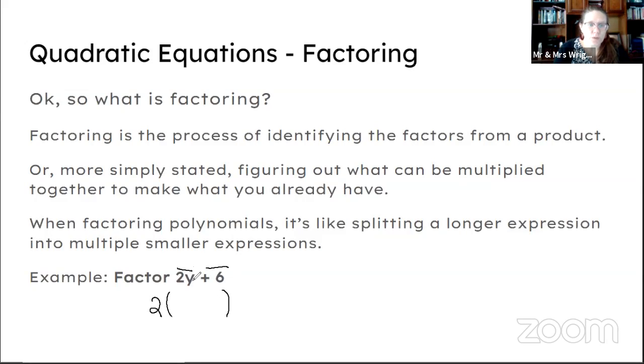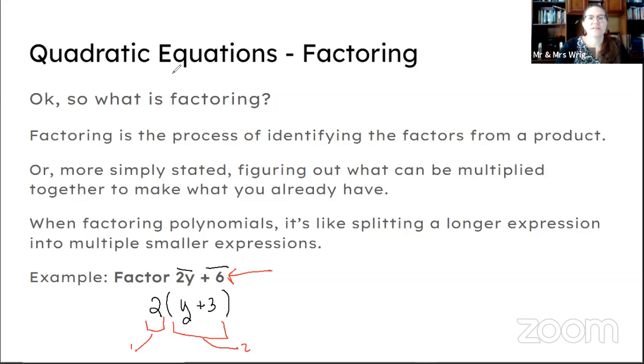So 2y divided by 2 is just going to be y. And then positive 6 divided by 2 is a positive 3. So this is 2y plus 6 factored. We have a total of 2 factors. Factor 1 is just the number 2, or the integer 2. And factor 2 happens to be a polynomial, y plus 3. And when we multiply them together, we're going to end up with